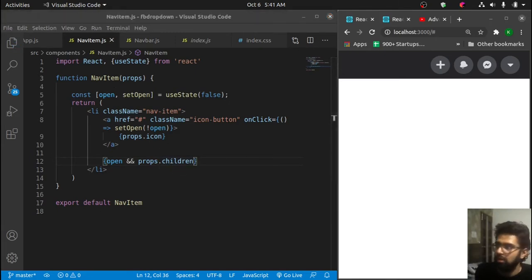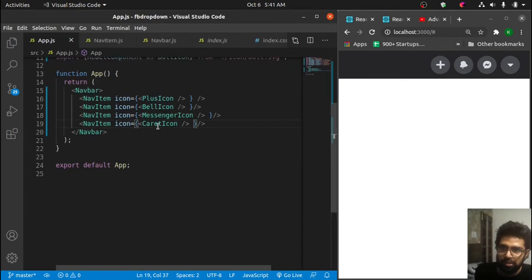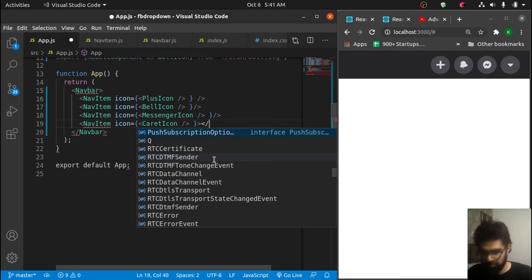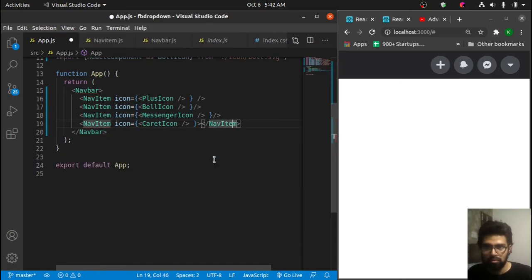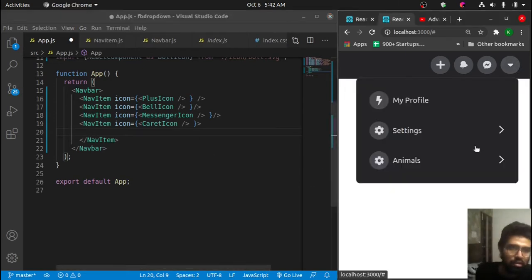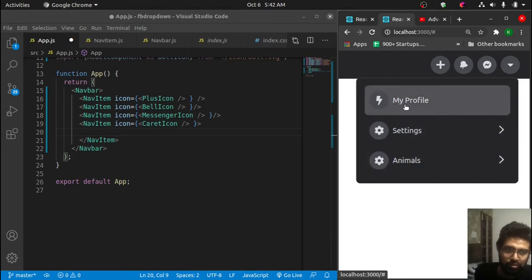So yeah, and inside this app.js, so let's say inside this caret icon, we can have multiple items, like whatever we want to define, my profile, settings and other things. So if you notice, in my profile we have this,